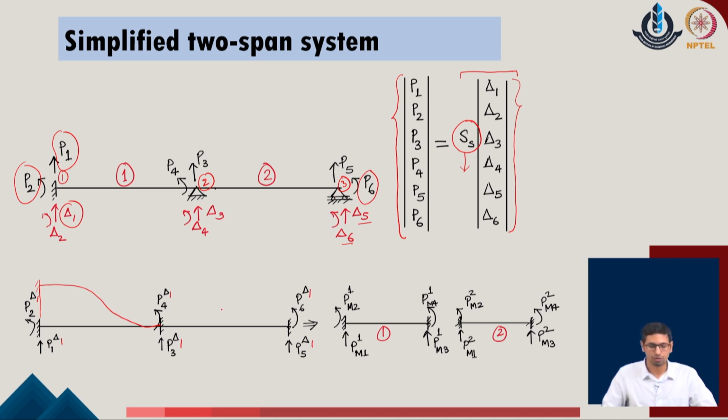Now, at the same time, we also realize that with the kinematic indeterminacy of the given system, the manner in which all degrees of freedom are restrained and only 1 degree of freedom, delta 1, is released, I can easily break this system into the member components. The moment I break it into the member components, the same amount of delta 1 which has been provided at joint 1 will be released in the member component as well, and the deformation will take place in a similar manner. So, the idea of compatibility is brought from the overall structural system to the member system, and the similar set of deformations will also be seen individually in both of the member components.